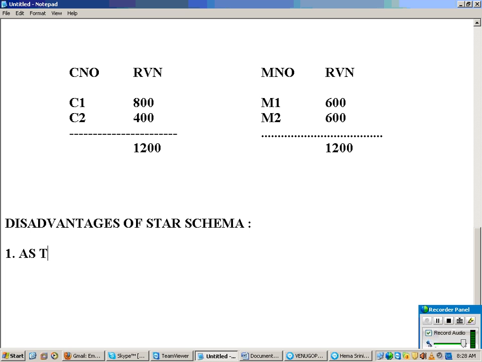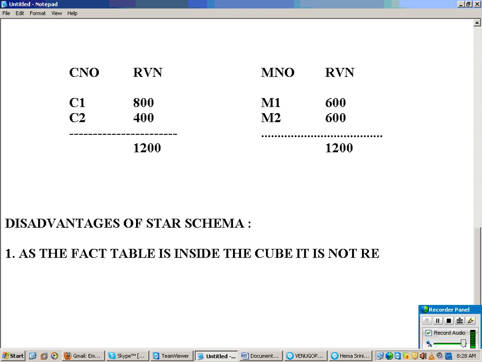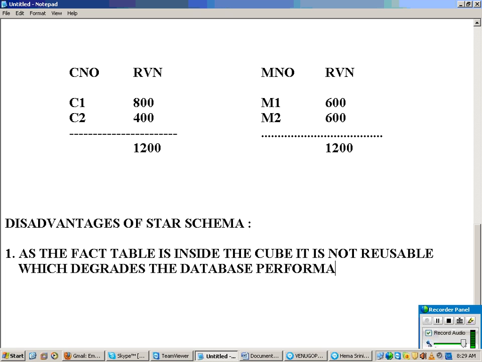So now, what is your first disadvantage here? As the master table is inside the cube, it is not reusable, which degrades what? Database performance.